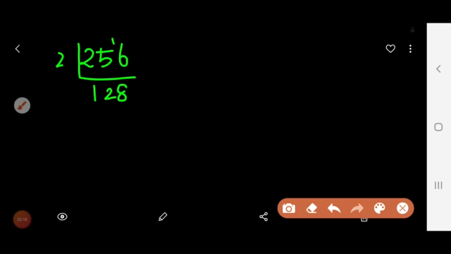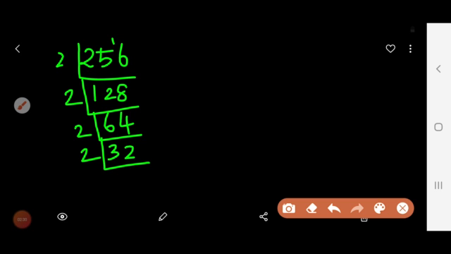the given number is 256. As usual it is an even number, so we need to divide by 2 first. We will get 1 2s are 2, 2 2s are 4, remaining 1, 8 2s are 16. Again we can divide by 2, 6 2s are 12, 4 2s are 8. Again we can divide by 2, 3 2s are 6, 2 2s are 4.